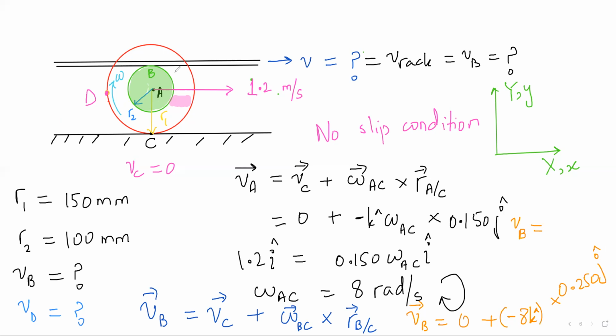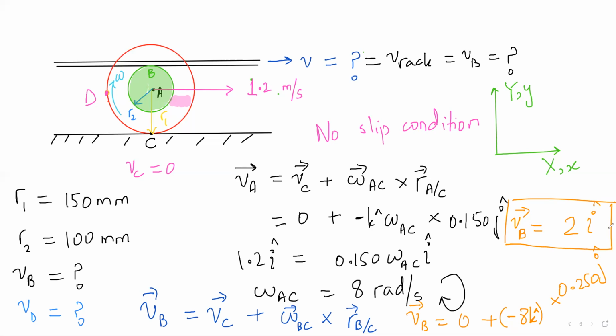No, no. B with respect to C is 150 plus 100. No? Okay, give me the answer, everyone. Sure. K cross J is negative I. Negative, negative, positive I. Okay. And you said 2. 8 2s are 16, 8 5s are 40. Sure. Okay, 2. Okay, yeah. Good. Thank you.